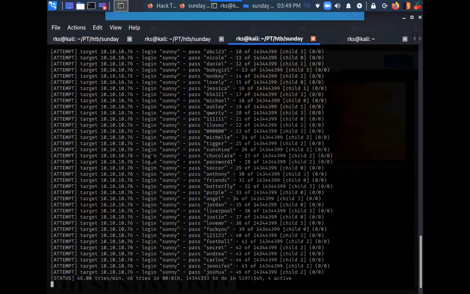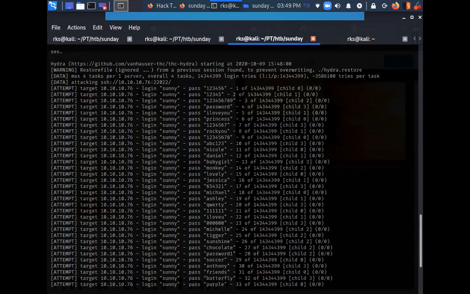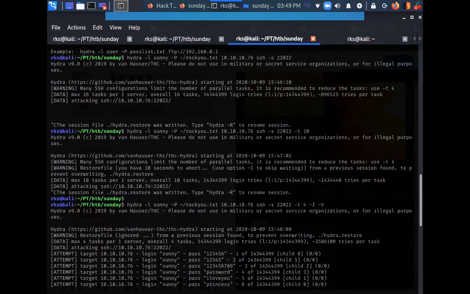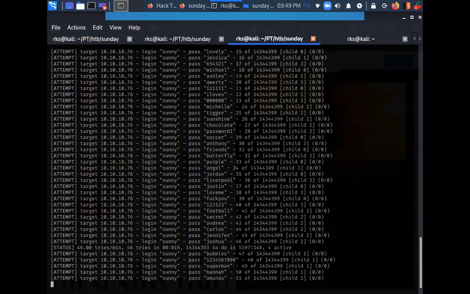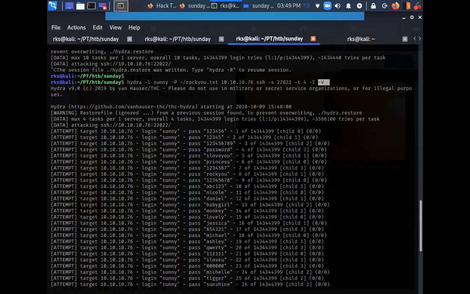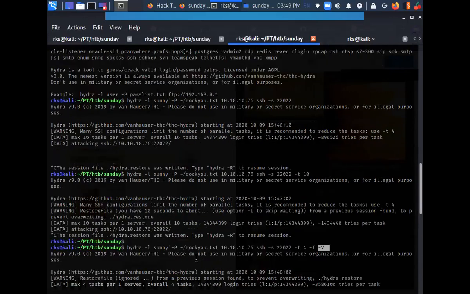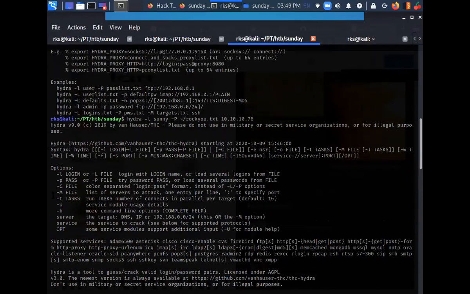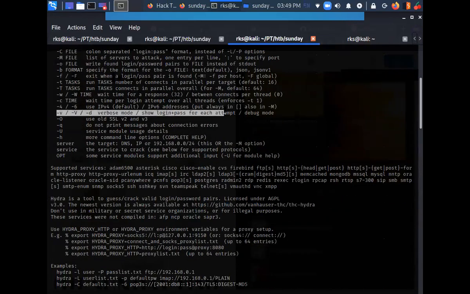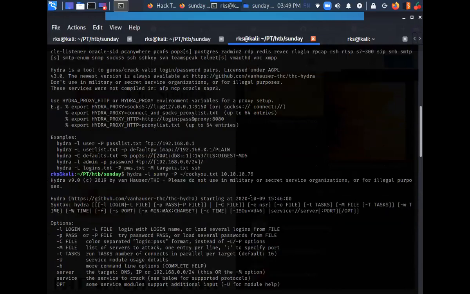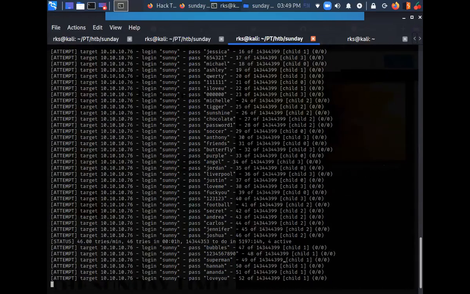Basically, it is showing me those attempts as well. This is happening because of the -V flag that I have used here. Sir, what does that mean? Like here, in every attempt, it is showing child 0 or child 1 or 2. Those are the processes, the parallel processes that are running.